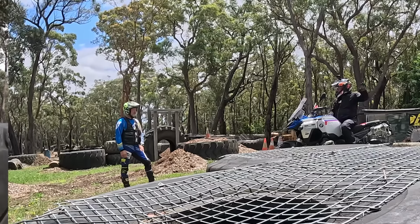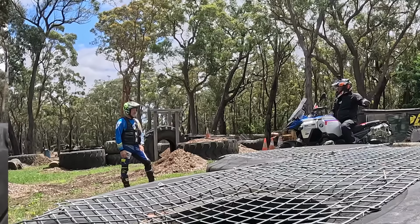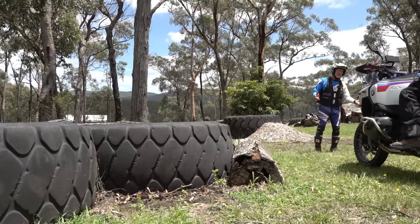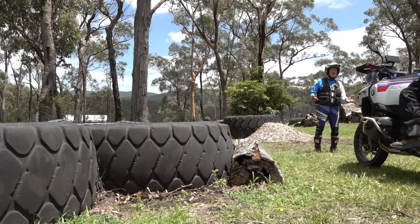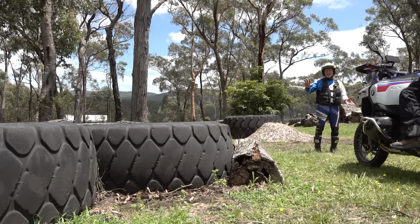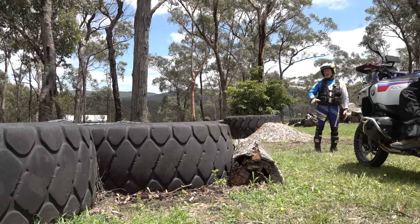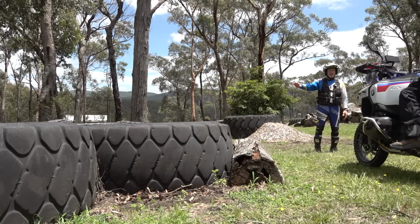In the paddock, doing the cones, you get that right. Well, the thing is, this is extreme, and really we're showing the punters or the adventure riders that they don't have to do this, but the bike has the capability to do it. So sure, you're not going to find this sort of obstacle out in the paddock or whatever, but